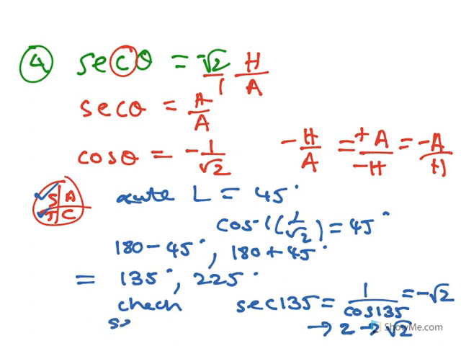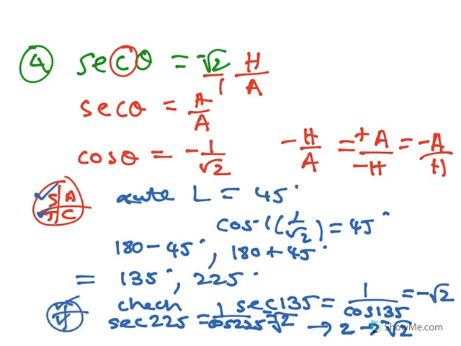Okay, and the same as if you went sec 225, it's the same as 1 on cos 225. And when you get a decimal, and then when you square it, you get 2, and square root it, you get root 2. But you get a negative as well, because at 225 cos is negative in that quadrant, and at 135 cos is negative in